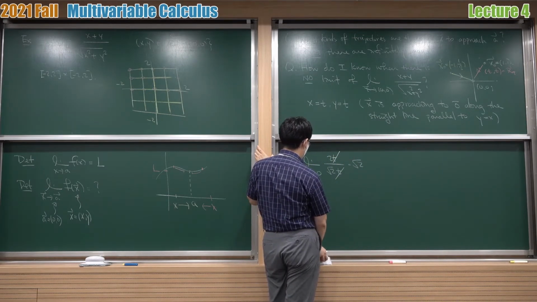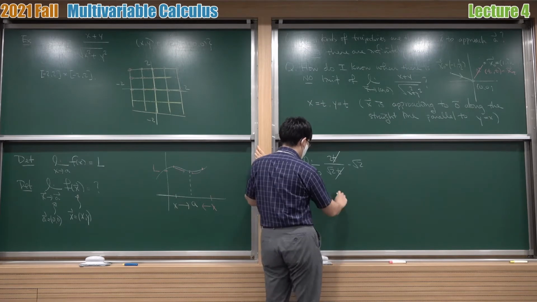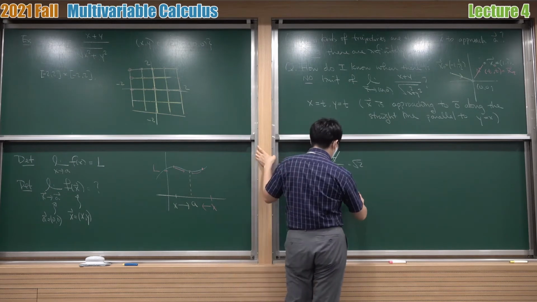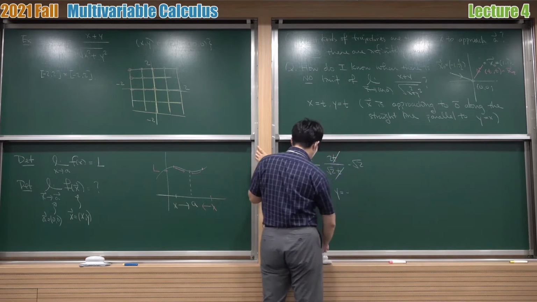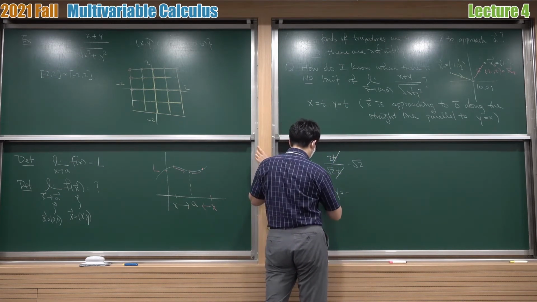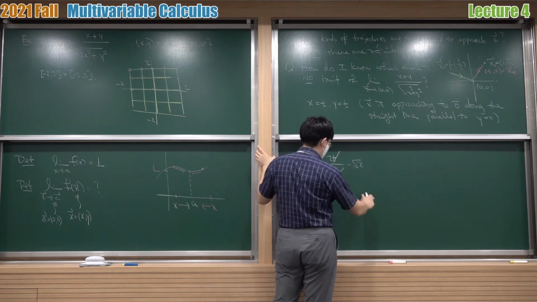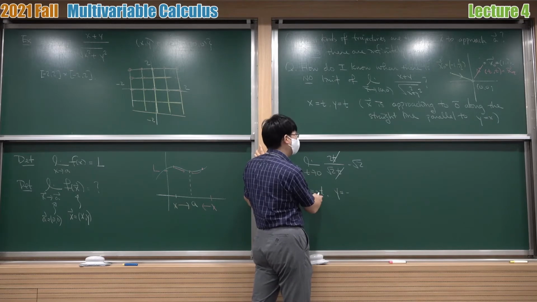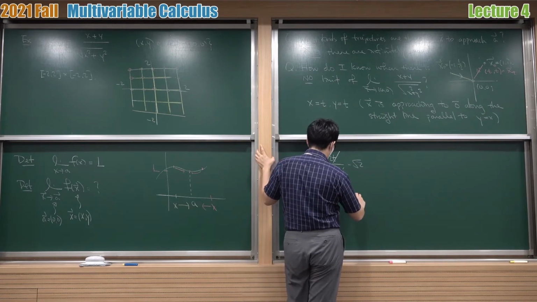Let's say I'm taking x as t here. And how about y? I'm going to take y as, let's say, minus t, in order to make it simple. So I'm taking t from 1 to 0, then it's starting from 1, minus 1, and becomes 0. And y is just